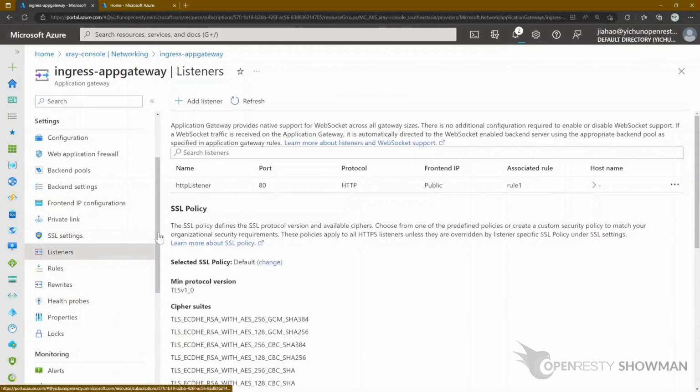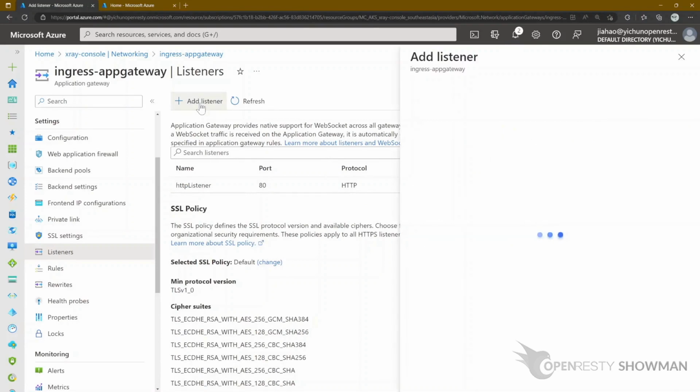Next, we start configuring the listeners. That is, configure the gateway's listening ports and services. We see that the HTTP service listening on port 80 is already configured by default. Let's add an HTTPS service listening on port 443.